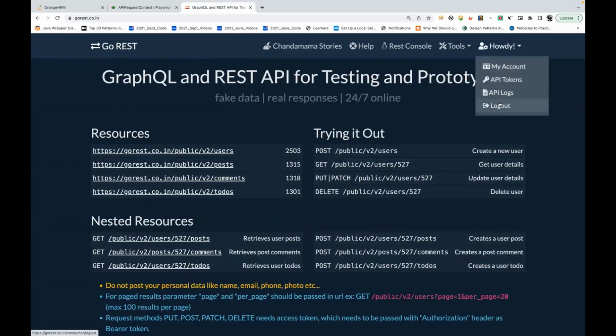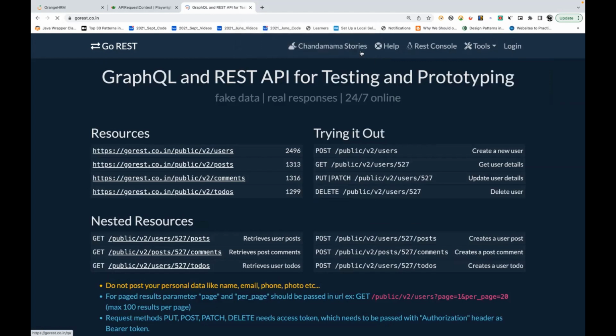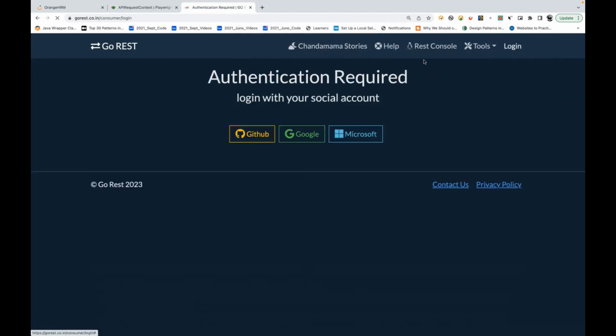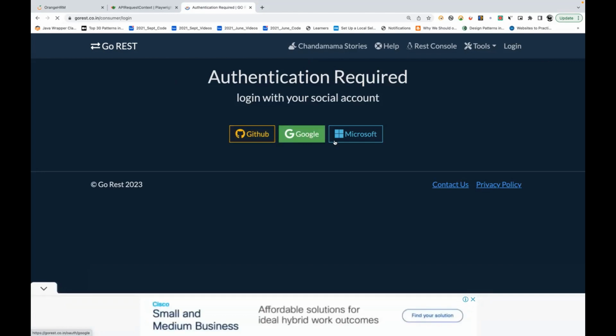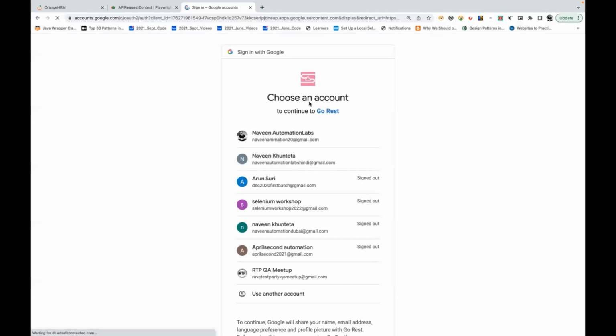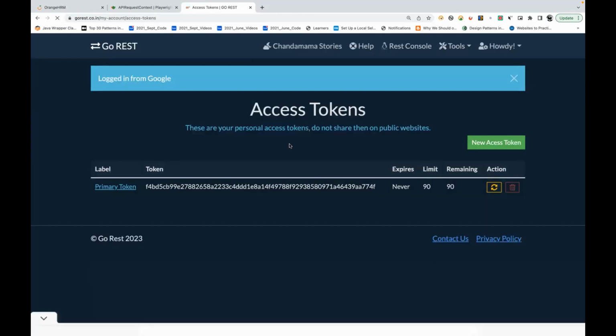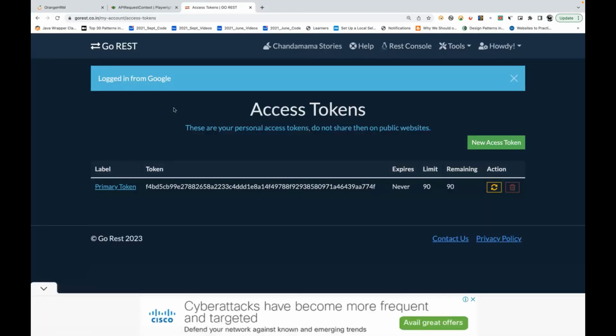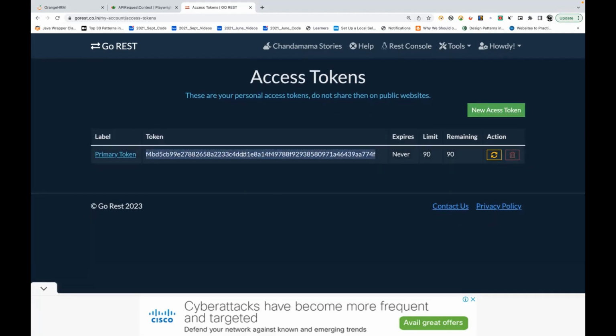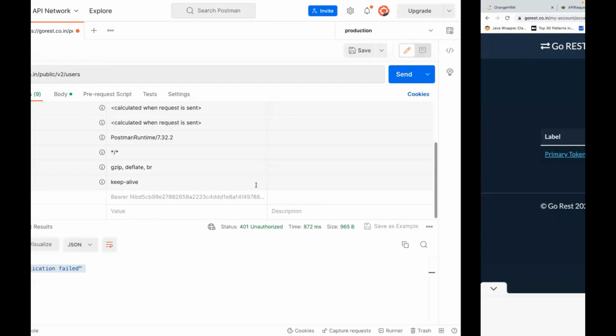See, on this application, let me just log out. And you can log in again. And then you can log in with your GitHub account, Google or Microsoft account. So for example, let's see, I'm going to log in with my Google account. So after login, let's see, I have logged in. You can see logged in from Google, and then it will give you one token over here. You can refresh the token, you can delete this token, you can generate a new token also. So for example, let's say I'm using this particular token, just copy this